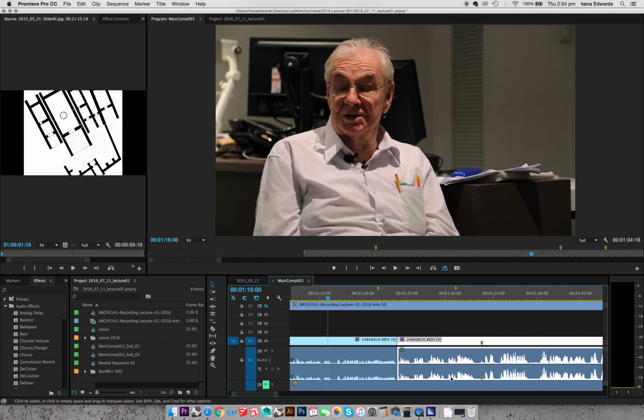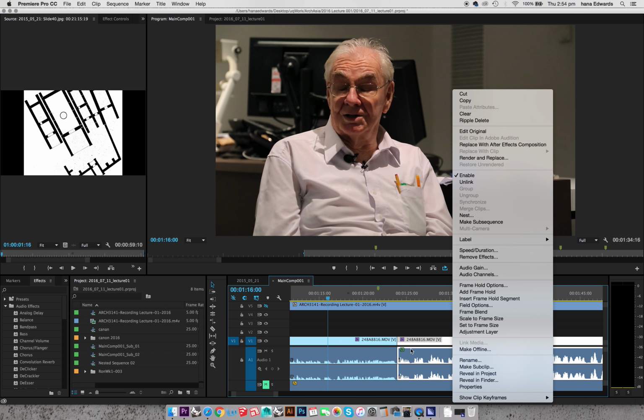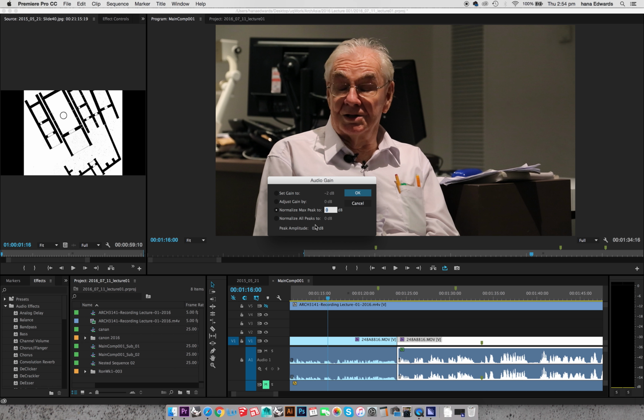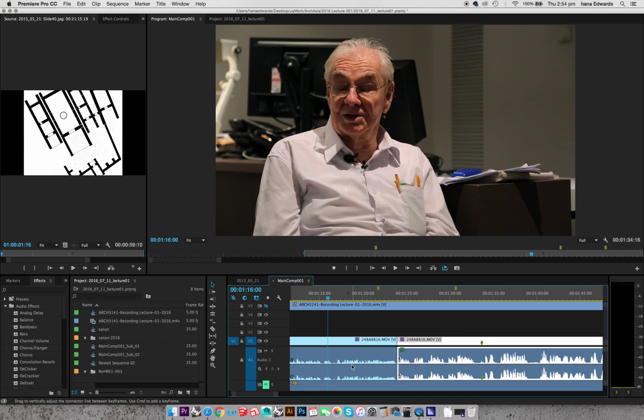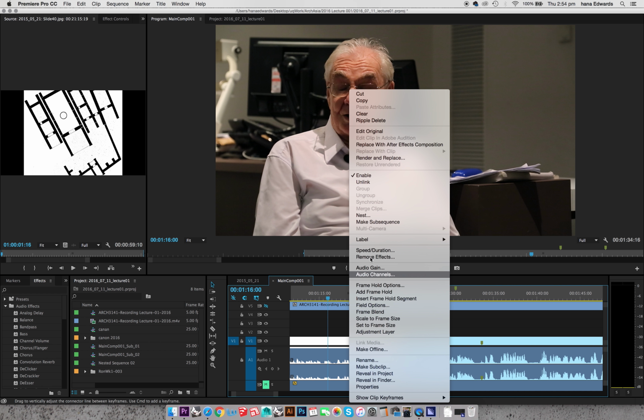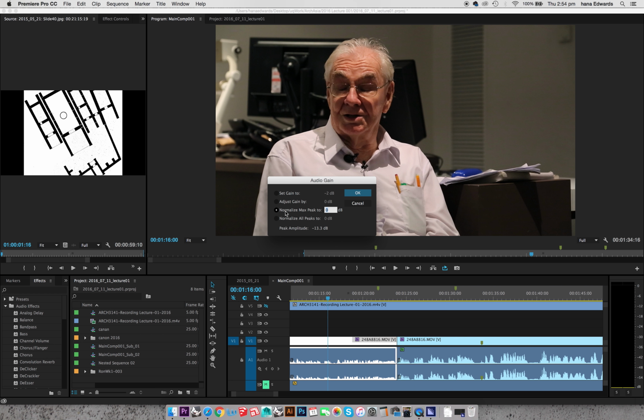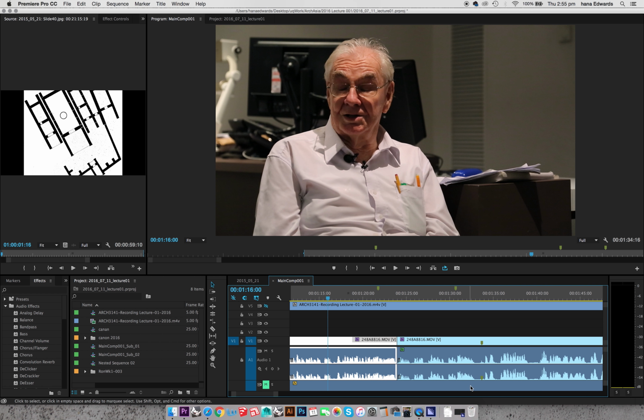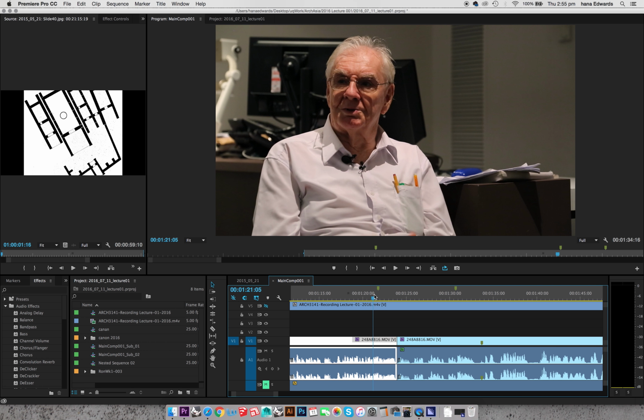If we look over here where the waveform is at the size shape we want, you can see the audio gain, see the amplification is at 0. We want something that's not quite 0, just below, so we don't have it peaking out. But if we come up here to audio gain, normalize maximum peaks and set that down to -4, that'll bring the waveform up to similar to what is on either side. So now when we listen to it,